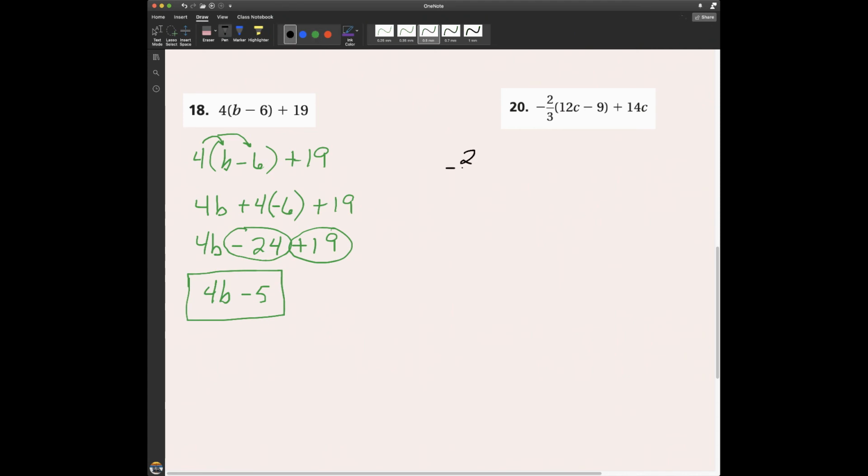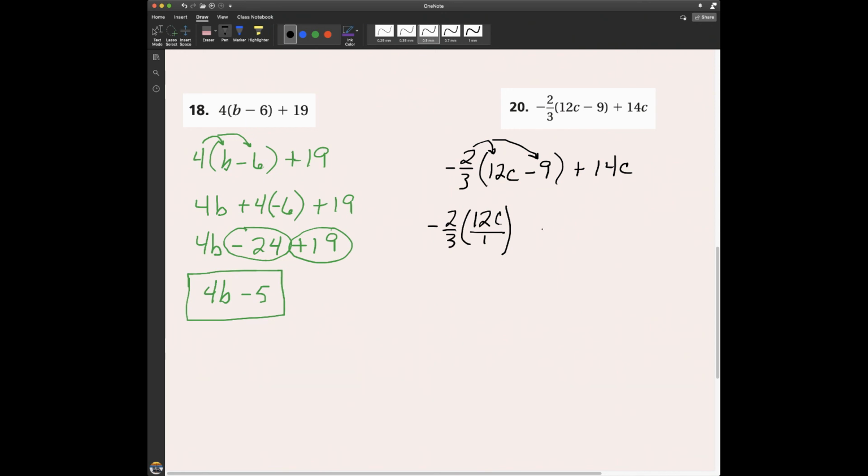Negative 2/3 times 12c minus 9 plus 14c. All right, are there parentheses here? Yes, so I need to use the distributive property, which means I'm going to take negative 2/3 and I'm going to multiply it by 12c, and I'm going to put that over 1 since the negative 2/3 is a fraction, and then I can